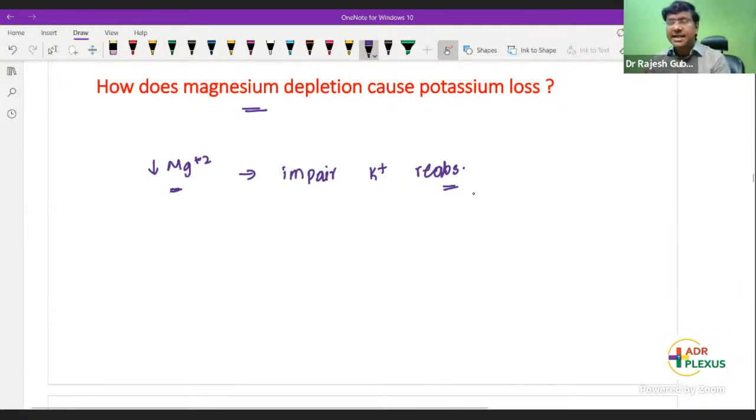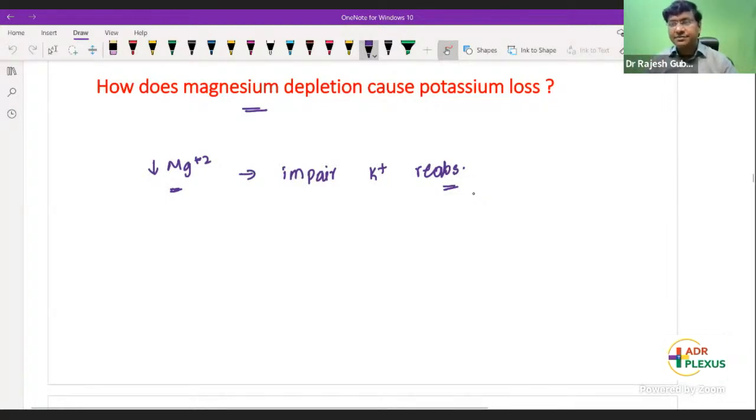That was the presentation. And when we tested the electrolyte panel, we thought hypocalcemia, but contrary to that, we found hypokalemia. Then we admitted the patient, infused the potassium, and saw that the potassium returned to normal. We also gave potassium chloride syrup, and then we discharged the patient. But within 1 month, again she came back with severe muscle cramps. Again, we tested the potassium. Potassium was low.